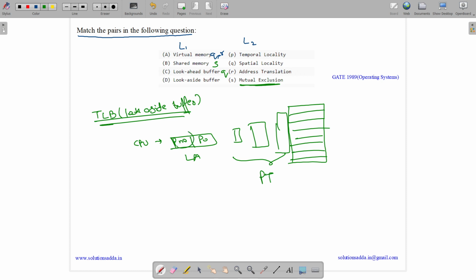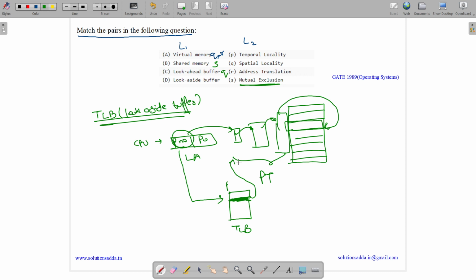So what happens is that we will search in the outer page table, then in the corresponding inner page table, then in the innermost page table, and then we will get the corresponding data from the main memory. But instead of going through all these memory accesses, we maintain a hardware data structure called the TLB. When we get an entry, we update it in the TLB with the hope that it will be used in the future. Whenever we are converting a logical address to a physical address, we first check the TLB. If it is present in the TLB, we directly access the data, and if it is not present, it is a TLB miss, and we again go through the page table routine.